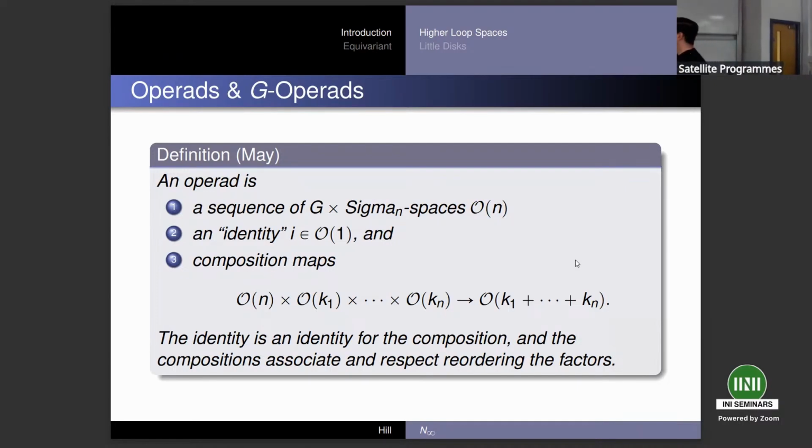Maybe you said, and I missed it, maybe a word about in what sense the map is supposed to preserve the G action. Oh, no, I didn't say. Great, thank you. So everything inside is G equivariant. And the real question is, how does it interact with the sigma n action? That's a little trickier. So G acts diagonally on the left-hand side, and on the right-hand side it's part of the data. The sigma n action, I was deliberately avoiding saying, because it's a little complicated.